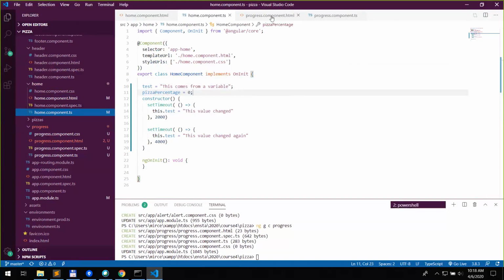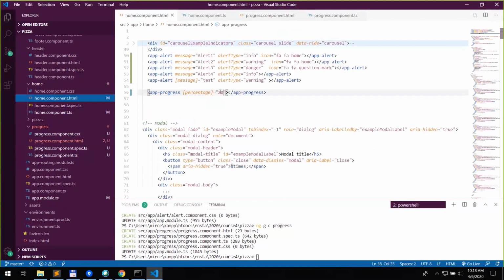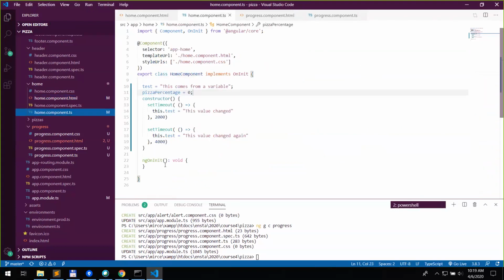Right? We pass this to our element here. We say it's pizza percentage. Right? So if you go in our home component here,